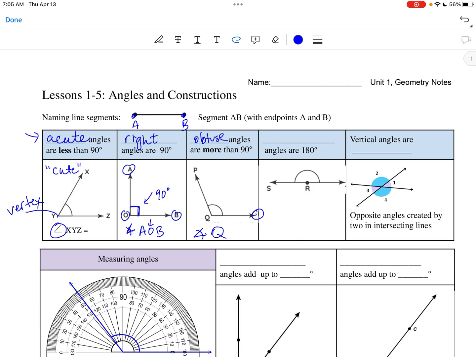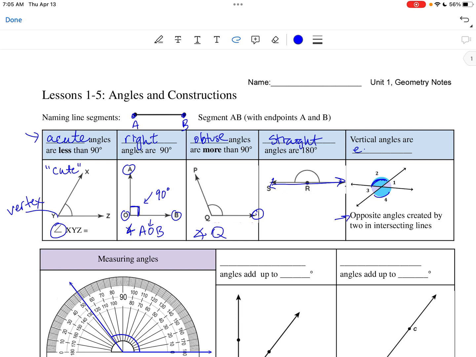Angles that make a straight line are 180 degrees. We call those straight angles. Vertical angles are formed when 2 intersecting lines create opposite angles. So you make 2 lines and then the angles created that are opposite each other, in this case 2 and 4,